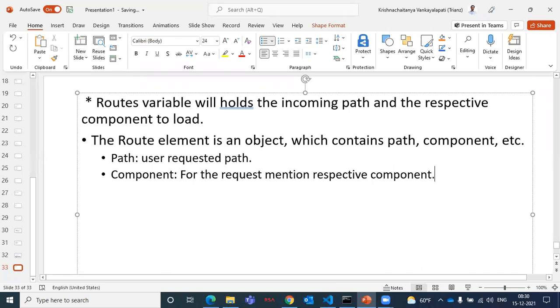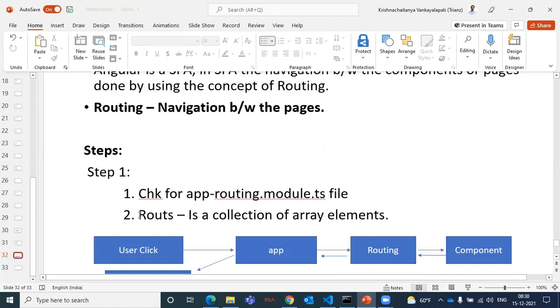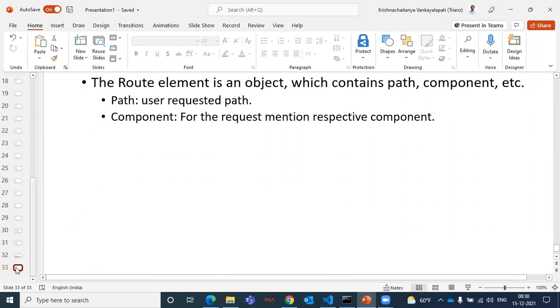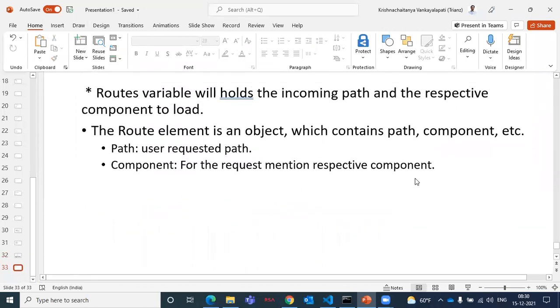For that incoming request, mention the respective component. Okay, sir, as of now I got it. So which is part of step 2? Step 1, check for the routes. Step 2, point number 2. All will come under step 2, point number 2, or else treat it as simple as step 1.